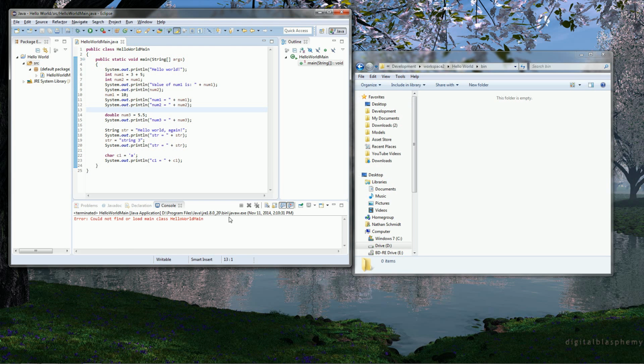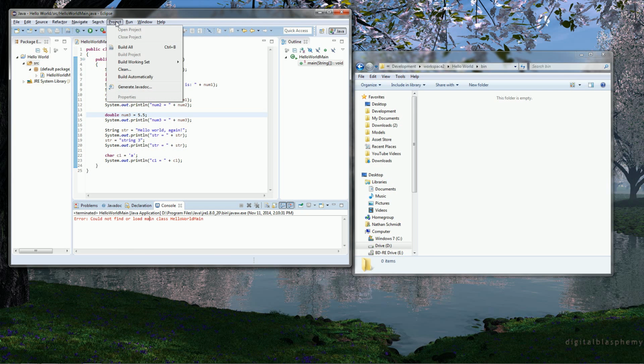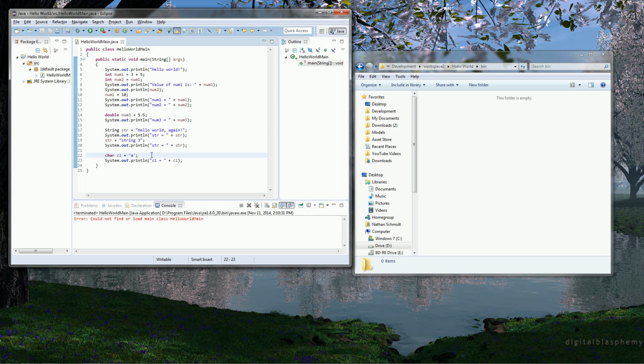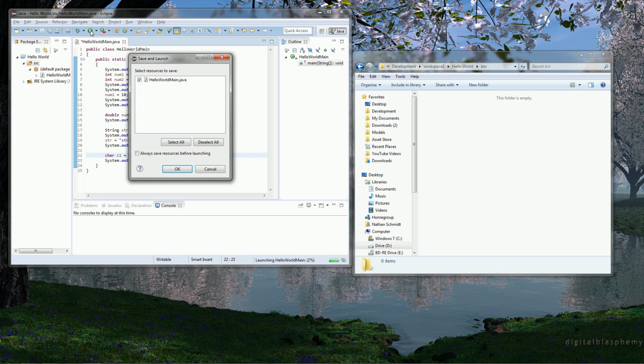When you click run, oh my goodness, it couldn't find the Java bytecode to run. Well, that's just Eclipse being uninformed that we manually went back and deleted it. So all we really need to do is to tell our project, hey, recompile this file. So there's a couple ways to do this. I haven't tried this before, but I have a feeling that if we make a change to this file and then click run,